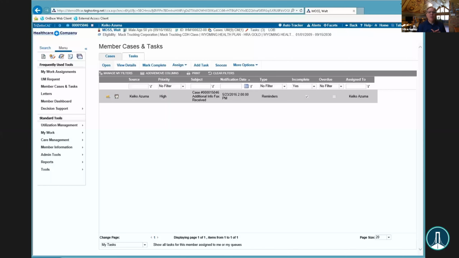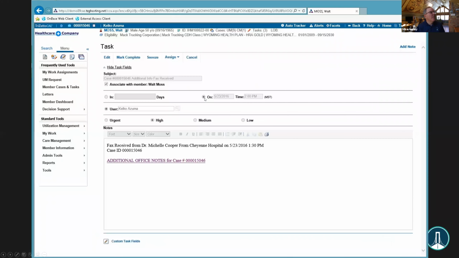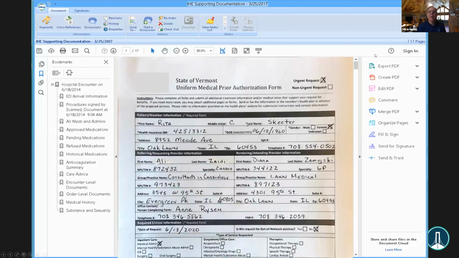So let's talk about the nurse enhanced review. And this is, again, a fake case, right? With a product from a company called Cognizant, Trizetto, which is their Care Advance product. But it's just a case management product for utilization management. And I found a case here that I want to work on. When I click on that, it shows me the tasks, and I'm on a task. When I click on that task, immediately pops up that, hey, we have one document associated with this. And when we hover over it, it shows that there's one document. And when I click on it, it brings that document up.